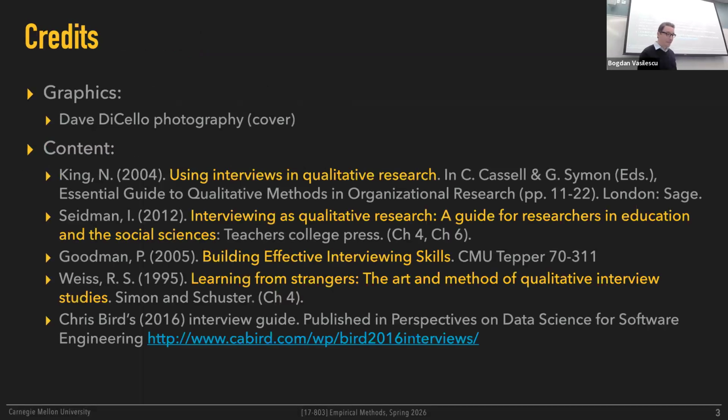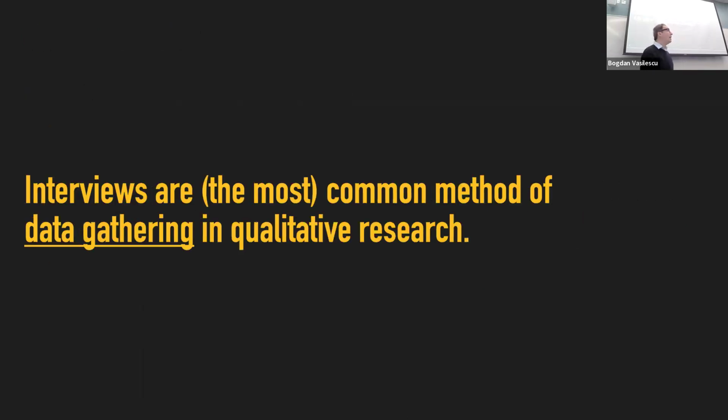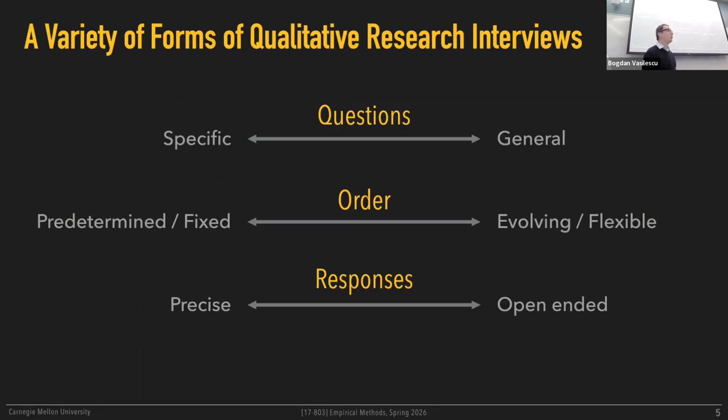Okay. This is a good list of references for where to learn more about how to conduct interviews. You'll find this in the deck. Okay, so why do we talk about interviews at all? Because it turns out they're probably the most common data gathering method that's used in qualitative research. And as I've tried to argue, there will be lots of opportunities where you will need to do qualitative research, regardless of how technical your